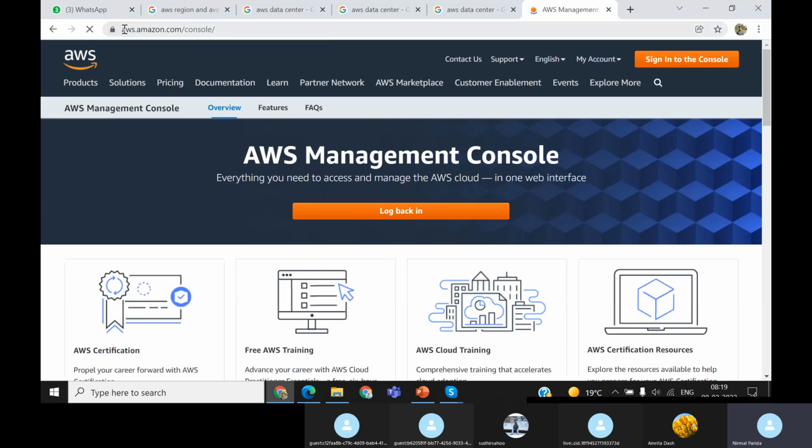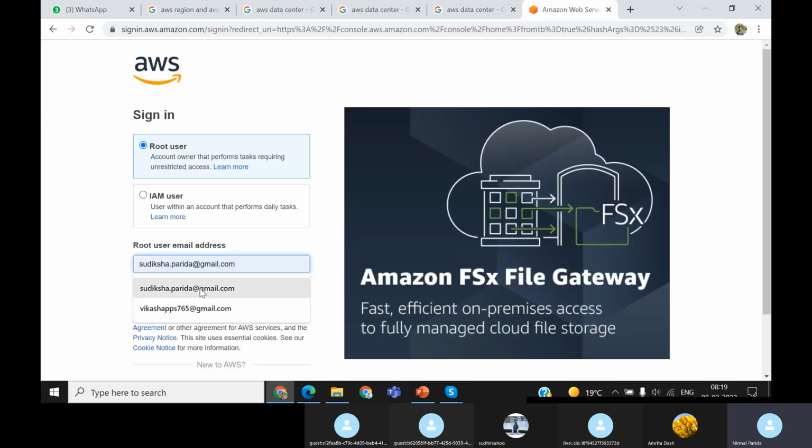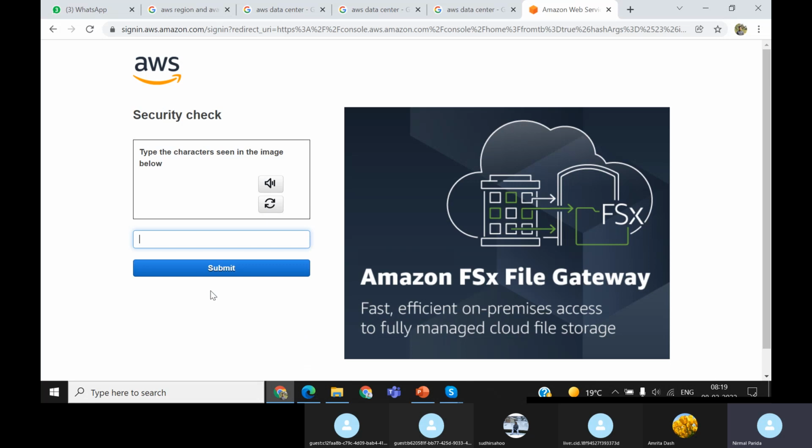Here you have to type aws.amazon.com/console, and there will be a sign in button. Using your user ID and password you can access it. Before that you need to create a free tier account, and if you have problems, I will guide you on how to create one.